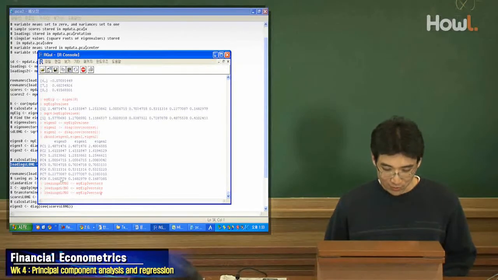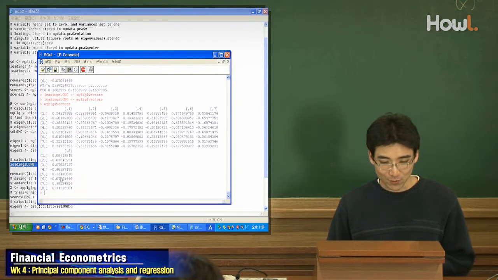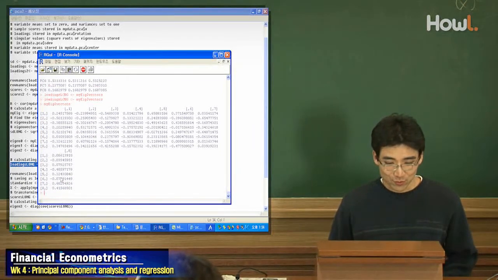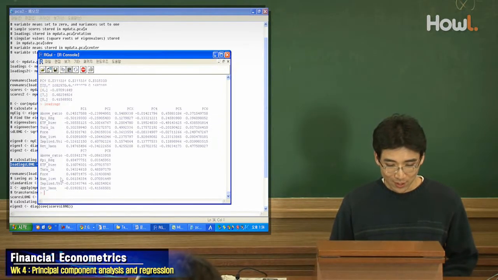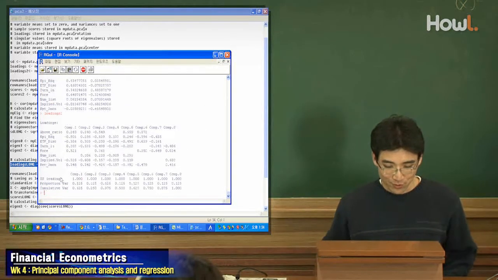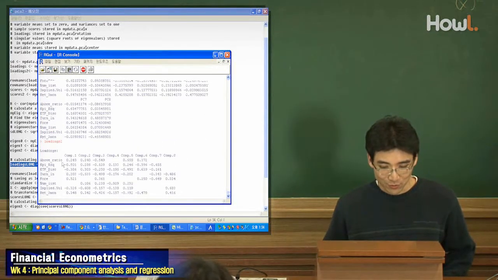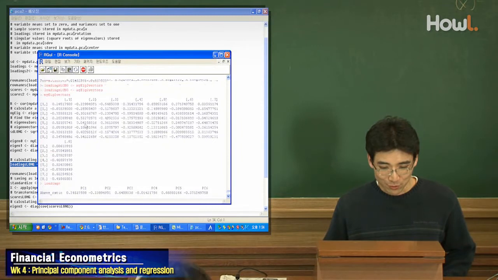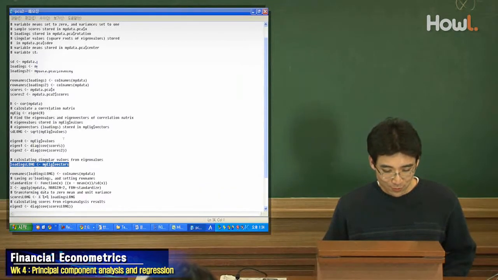Actually, let's use this command. My eigenvalue vectors and their factor loading. So basically, they should be same to loadings and loadings too. Okay, they should be same. So this one should be same to this one, and this one should be same to this one. Actually, yeah. Okay, and then